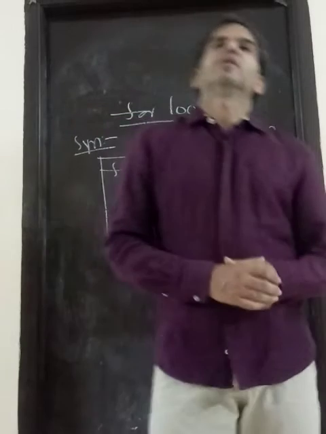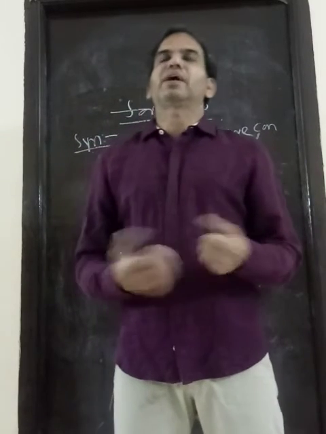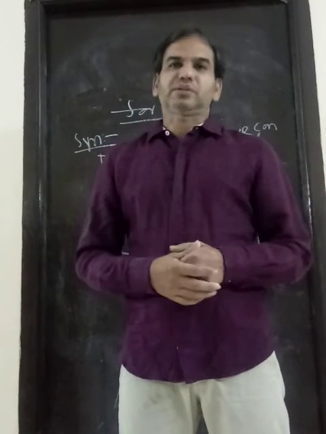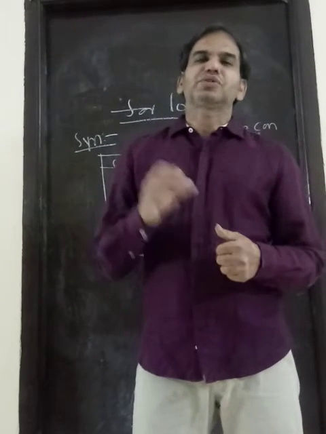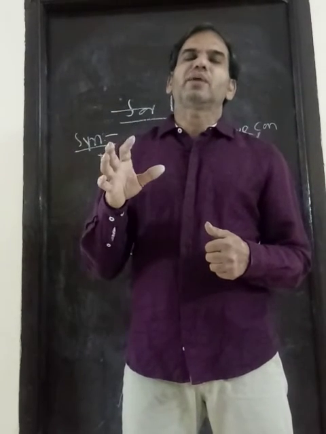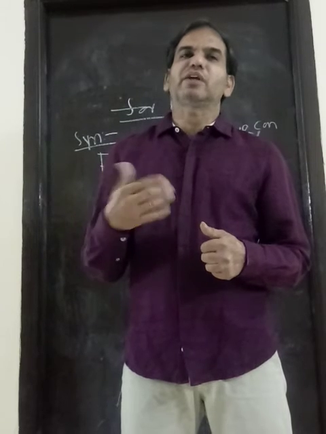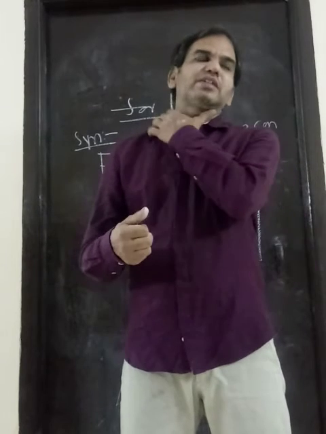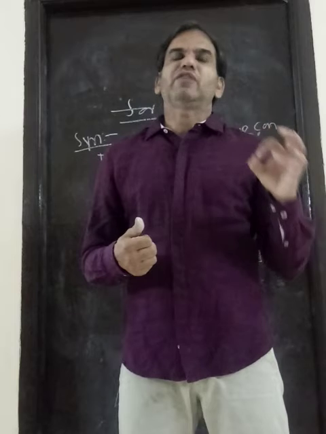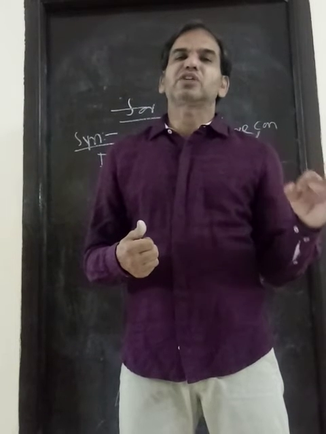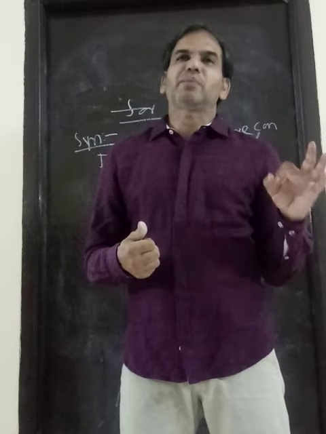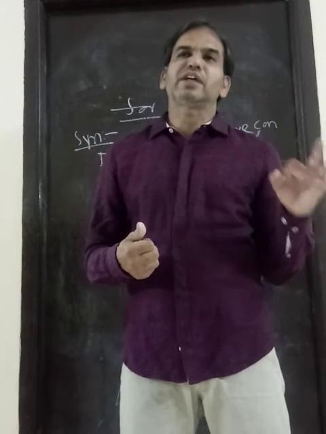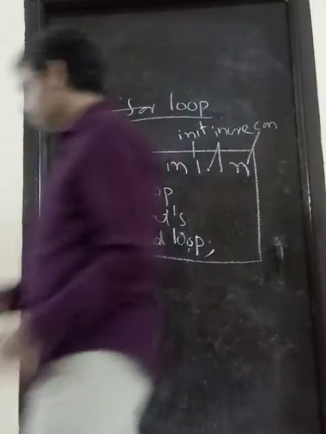The program we will see is to check whether a number is prime or not. It is somewhat of a huge program, but we will see. The question is: write a program to determine whether the given number is a prime number or not. The logic of a prime number: a number that has only 2 factors, that is prime. A number which is divisible only by itself and 1 is called a prime number.